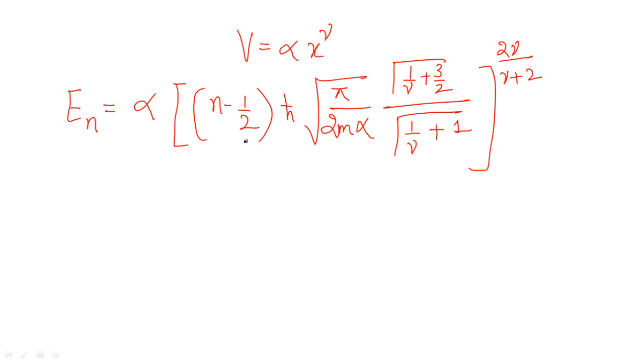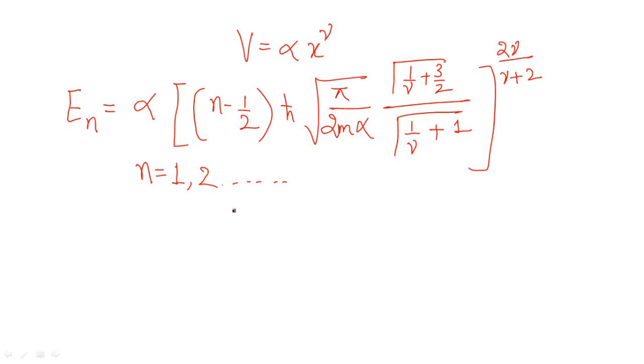After knowing this complete expression, one more thing you need to know: this is the nth state energy expression for n values starting from 1. You can't take n equal to 0 here. Be careful about this point. And nu is a positive integer here.